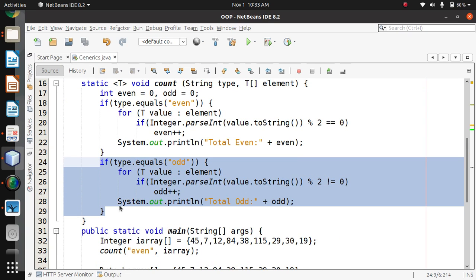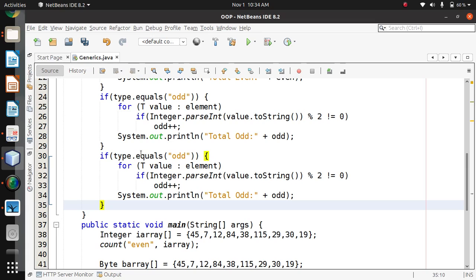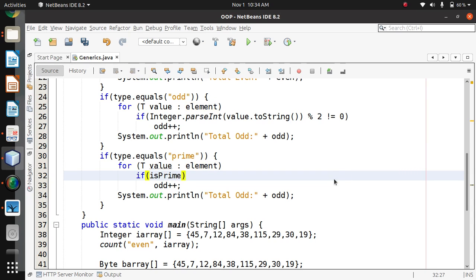And now let's use this function here. Okay, if isPrime, so your function name is prime here. If it is equal to prime, then we are going to perform the operation to check it. So we'll iterate through all, and if isPrime, okay, I need to write the integer element there.